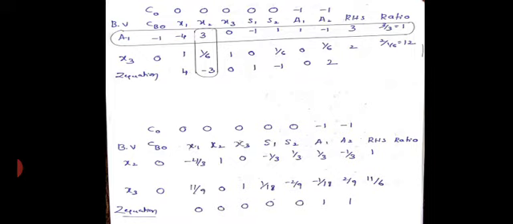Now just observe here. In the basic variables, are there any artificial variables? No. If an artificial variable is present, this will be terminated. You stop it here. It is called an infeasible solution. Since in my basic variable column I don't have any artificial variable, this is called a feasible solution. Then you go for the next phase, that is phase 2. That is phase 2.